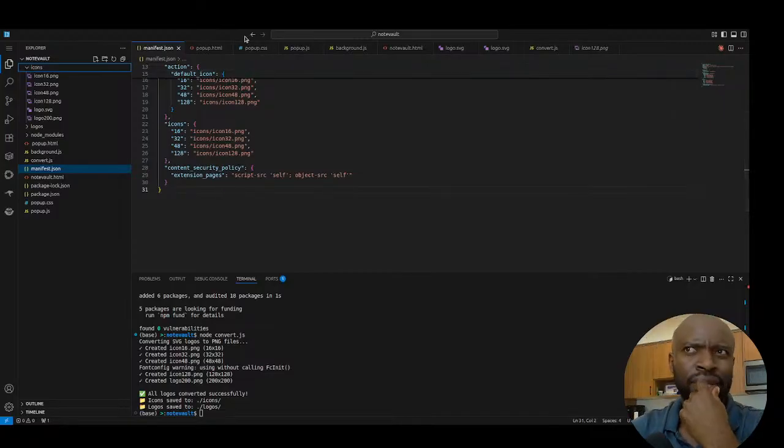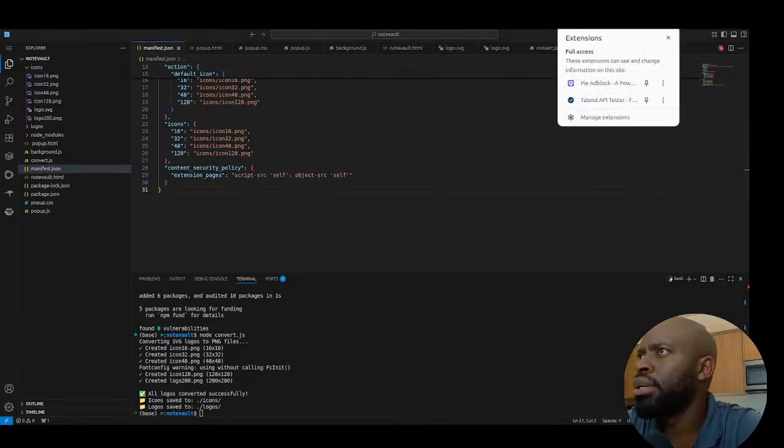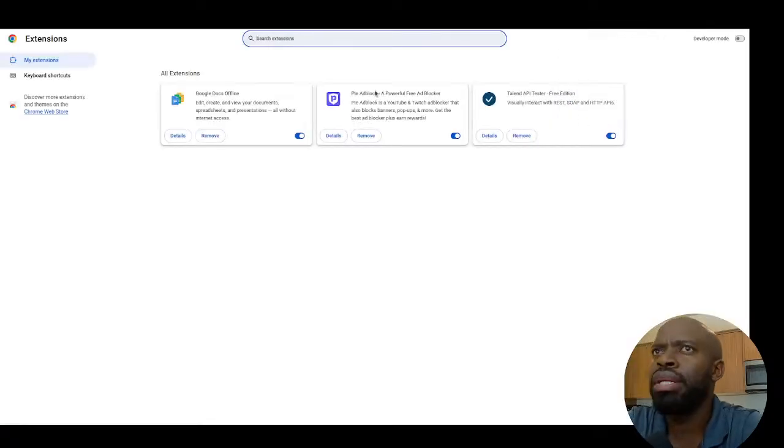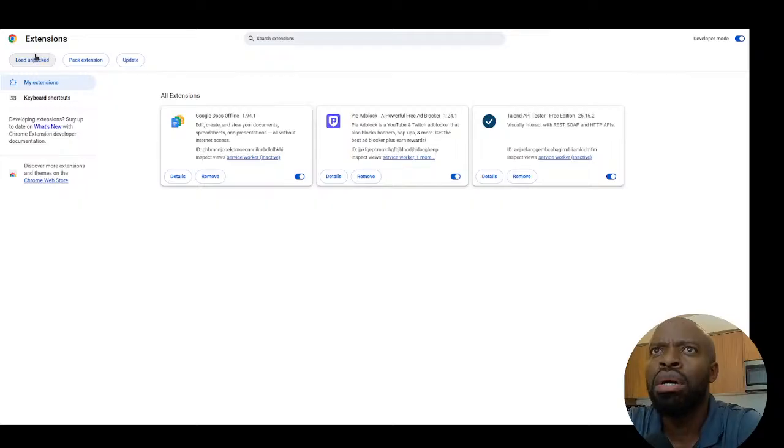Yep, I think we're good. We can start seeing our extension soon. Let's manage extensions and enable developer mode. When you are on developer mode, you go to